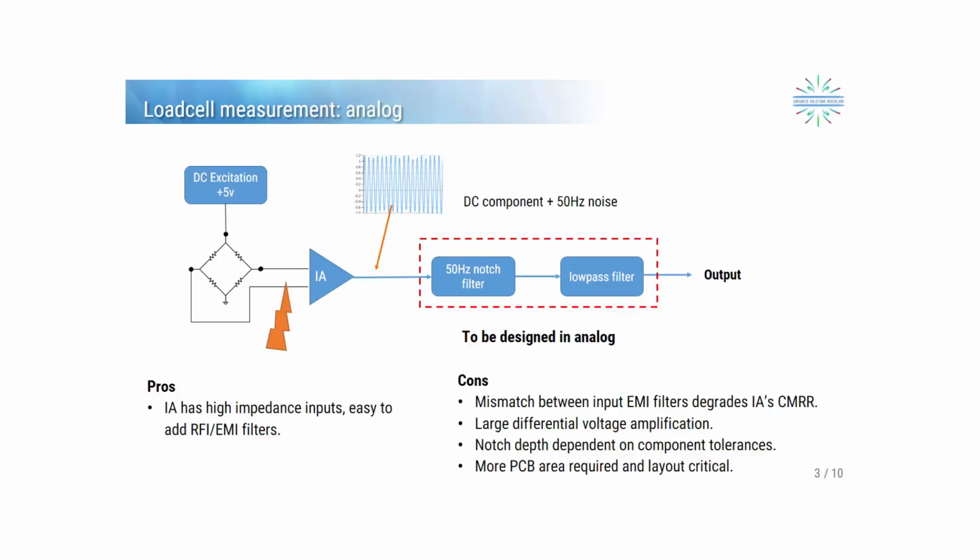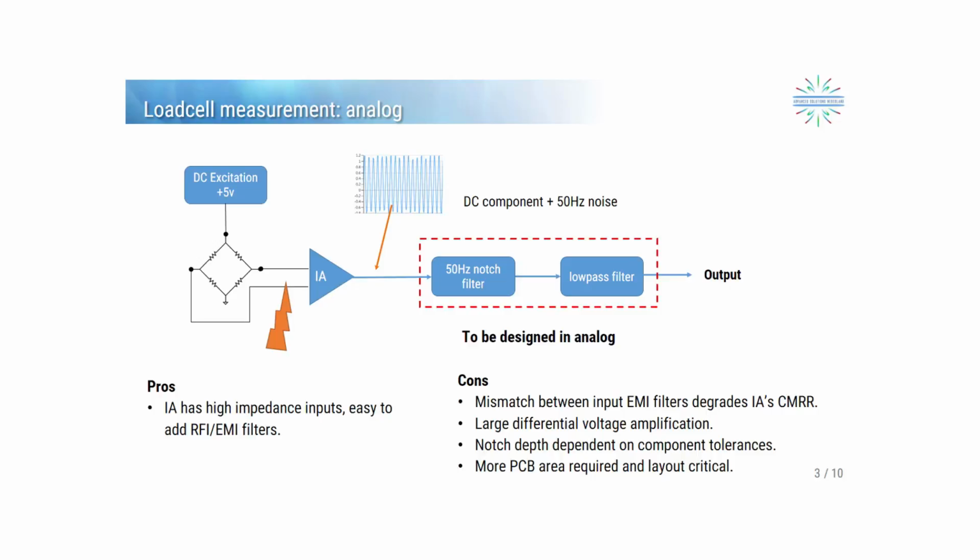So let's have a look at some pros and cons. The instrumentation amplifier has high impedance inputs, which makes it easy to connect EMI filters to the inputs. However, any mismatches with these filters would generally degrade the instrumentation amplifier's common mode rejection ratio, which is undesirable. The instrumentation amplifier usually has a large gain, 100 is quite typical, so any unwanted differential voltage on the inputs